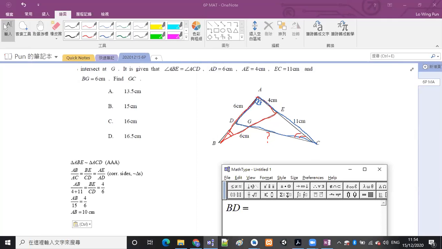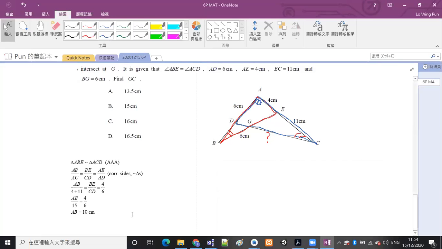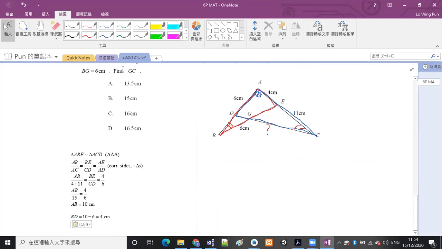BD is equal to 10 minus 6, which is equal to 4 cm, right? OK, so the first thing we can write down is that BD is equal to 4 cm. Can you get it? OK, next there is something quite clever here. We need to use the second pair of similar triangles. Okay, we are going to use the second pair